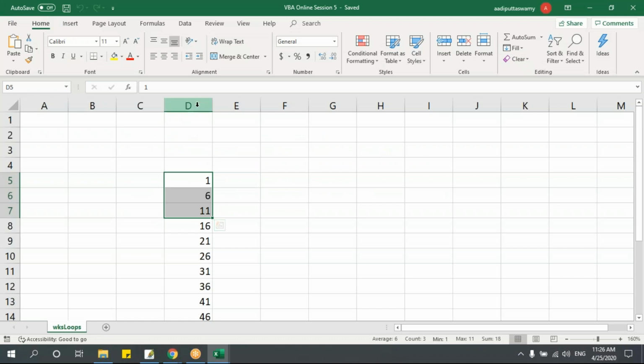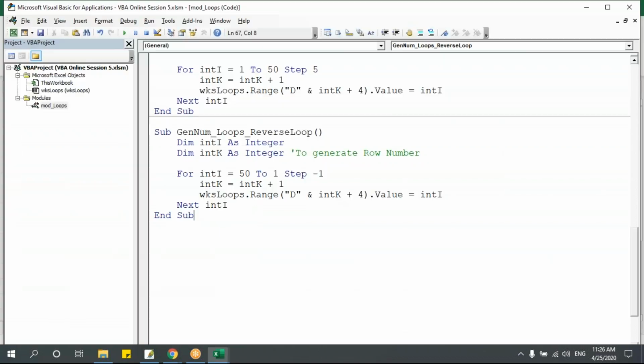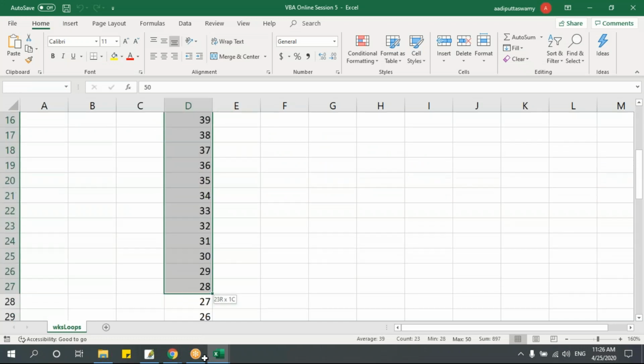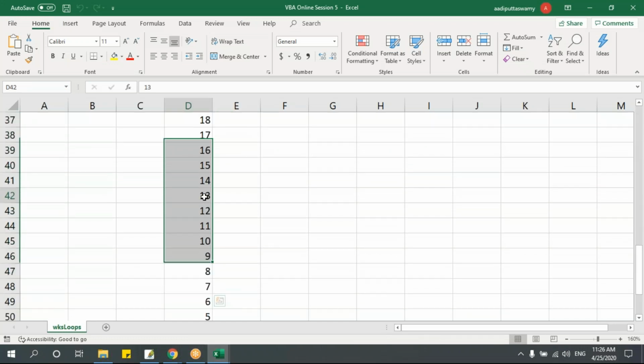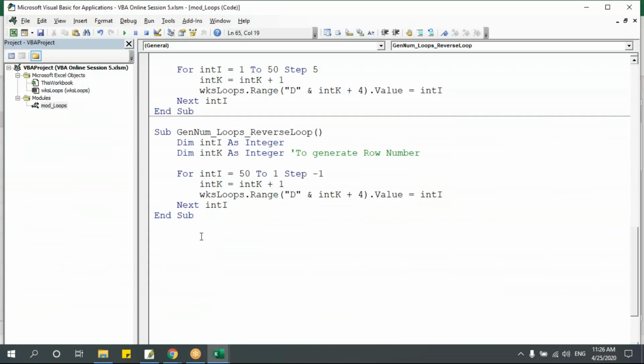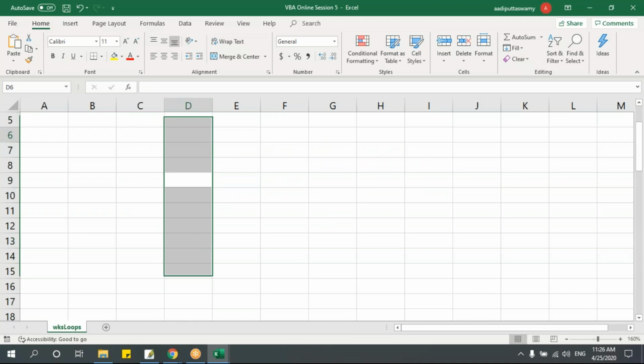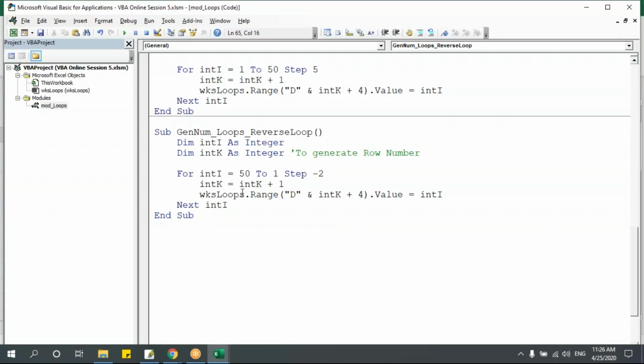Now if I execute this, let me delete this. See, I'll try to execute. See, it will generate like this. Fine, let's go up. Let me make it as 2. Let me clear this and I'll execute this. See,